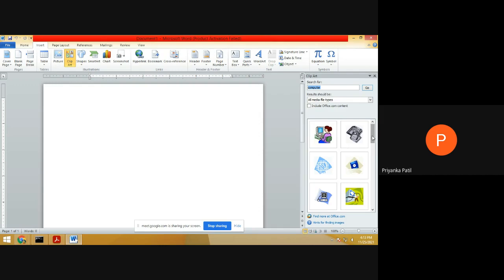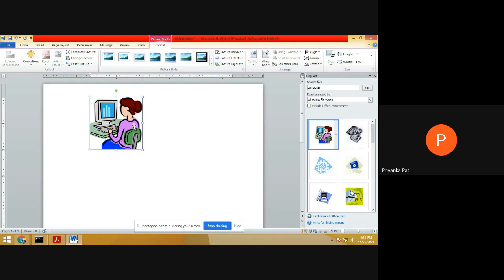The system returns n number of computer related pictures. If we select that picture, the picture is inserted in your document. So basically it is used to represent graphical formats or pictures so they are easy to understand for the end user.